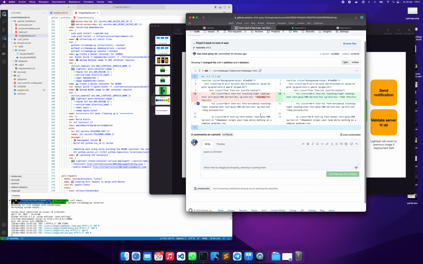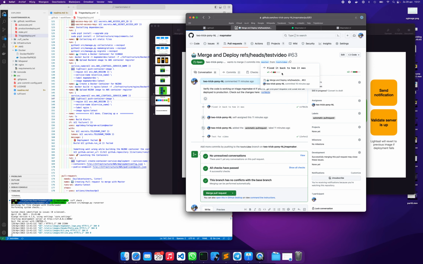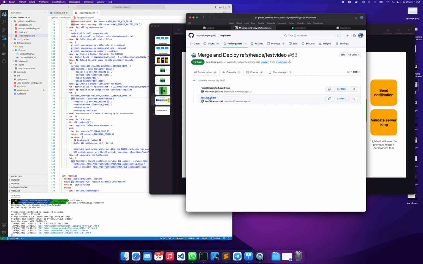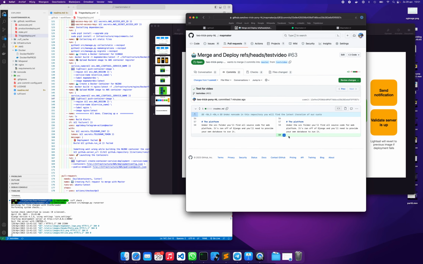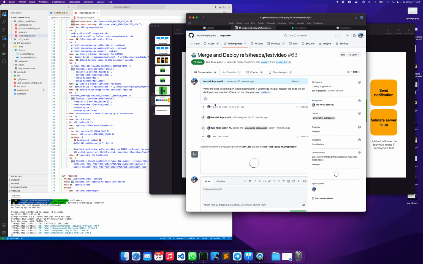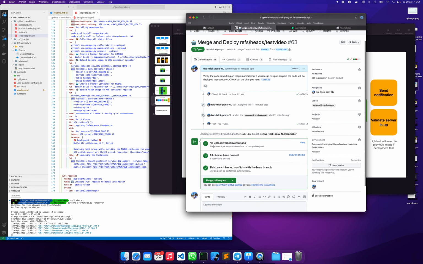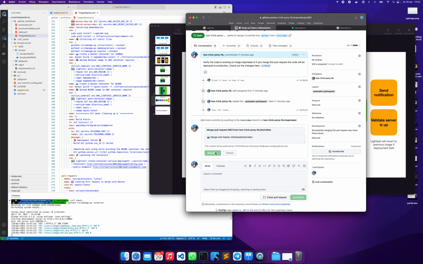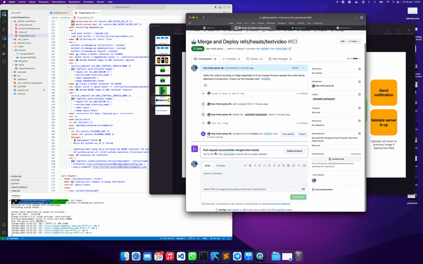If we look at it, you'll see, no, this is a different change, but it should also contain that one commit where we change an extra space to the README file. Indeed, there it is. So that's the conversation. You'll see that all the checks have passed, which is the linter, the testing, all these steps that we wanted automated. So I can just safely hit merge, and this will trigger another workflow